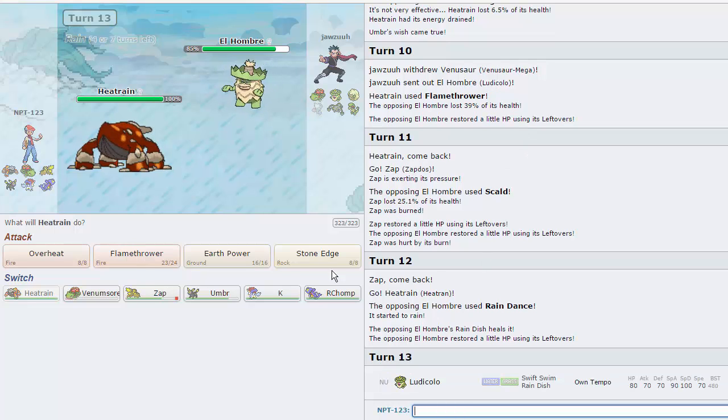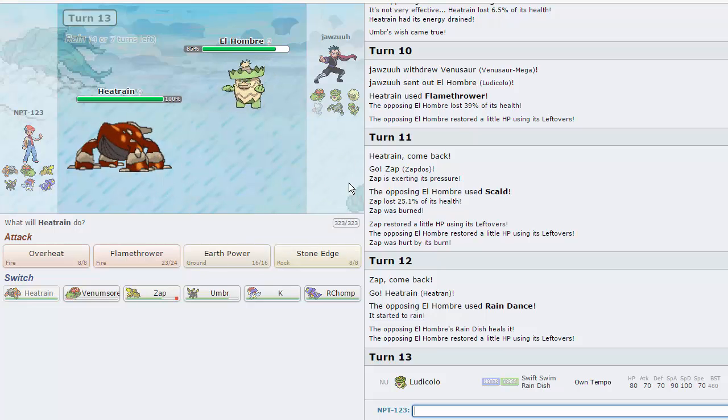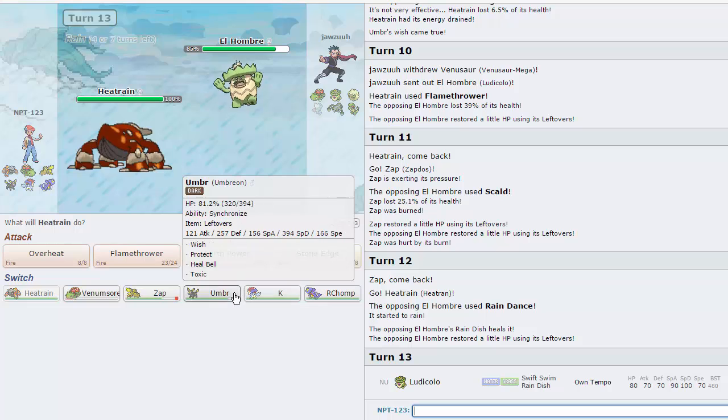Ludicolo has good special defense. I am Scarf though, and I'm not Specs, so he's probably gonna go. Let's see. I do want to keep this guy alive because he will come in handy. I'm gonna go ahead and switch out to